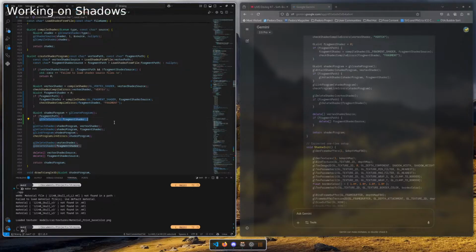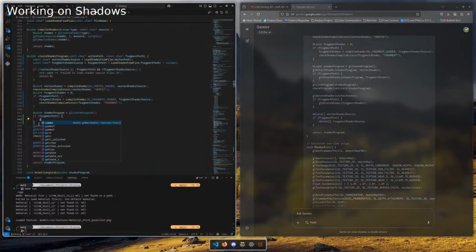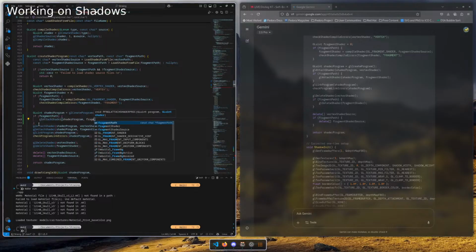So here we attach the shader, looks like so. You attach shader program and fragment shader. Yeah, cool. So I don't see anything wrong.